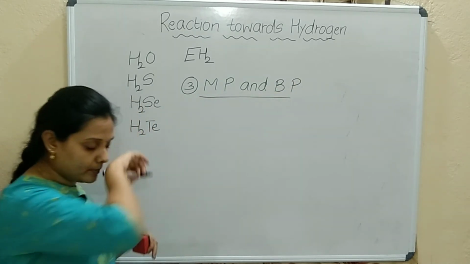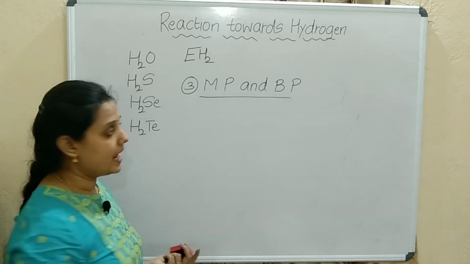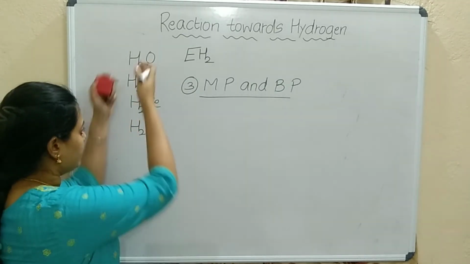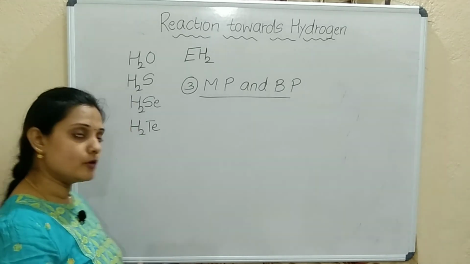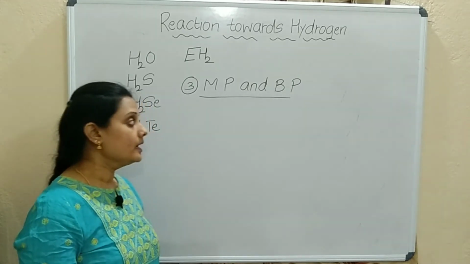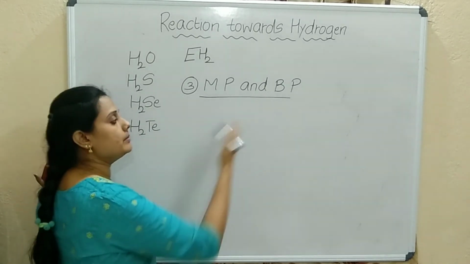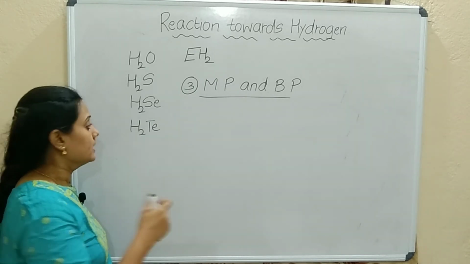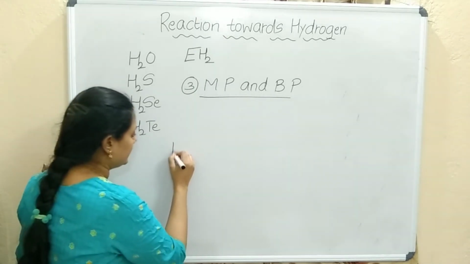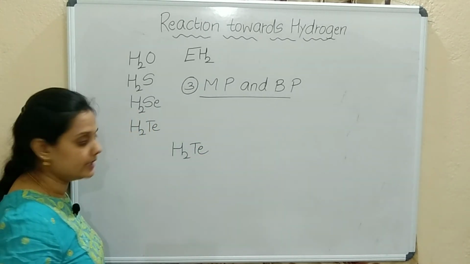So melting point and boiling point always depend on the van der Waals force of attraction and mass. So down the group as you are coming, we know the mass is increasing, van der Waals force of attraction exists, mass is increasing, correct? So MP and BP will also increase down the group. So MP BP of H2Te will be the highest, correct, than